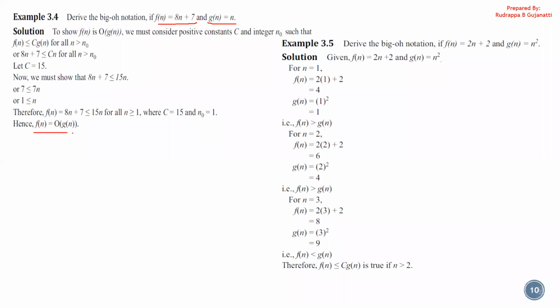So here we observed that f of n is actually big O of g of n. f of n is a linear equation, that is, n has the power of 1. So in this case, I have a complexity of O of n. Now, if it was a constant and I had to identify the big O notation, then I would represent the complexity as O of 1. So these are just a few examples.